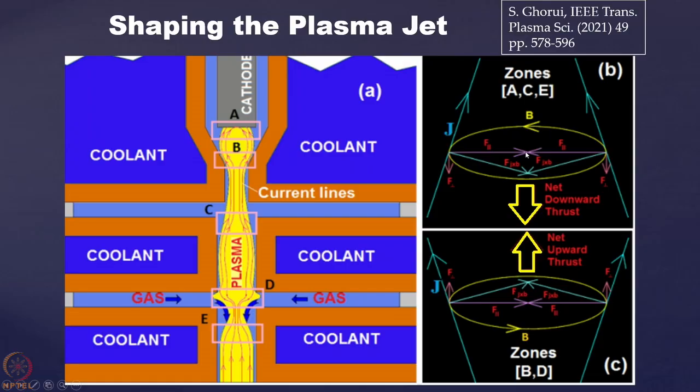Now you apply your J cross B force law. So J cross B is pointing in which direction? This is the direction, normal to J, normal to B. Basically, you are drawing a perpendicular to the surface of the cone that it has constructed. So this is the vector. Now you can split it into two components, one is your horizontal component and another is your vertical component. So this vertical component is downward.